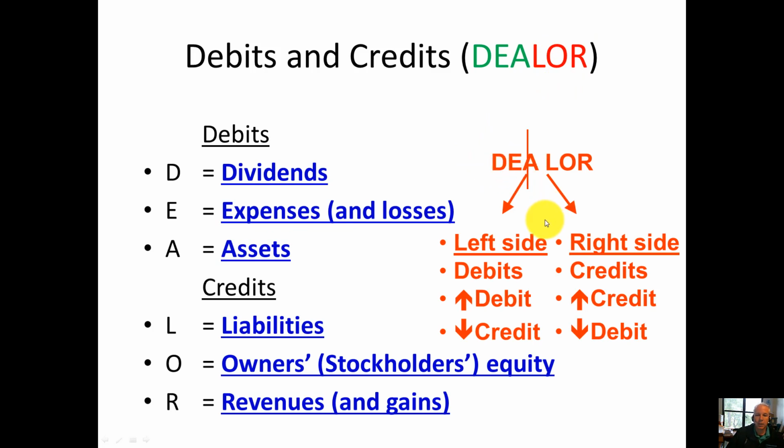Again, if we look at this broken down, on the left side, the debits exist. Debits increase with debits and decrease with credits. On the right side, the liabilities, we increase them with credits and we decrease them with debits. You'll notice that these are mirror images of each other. They're opposites because they're on the opposite sides of the equilibrium. So if you increase the left side with a debit, then you must increase the right side with a credit because it's opposite. So this is our system of debits and credits. This will serve as a foundation for recording all your transactions, so you should familiarize yourself with it.